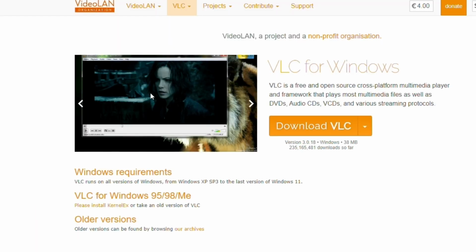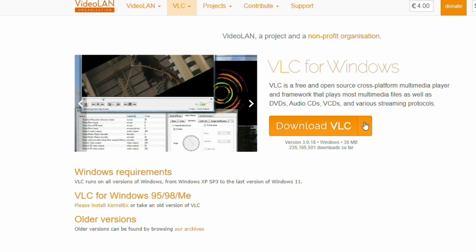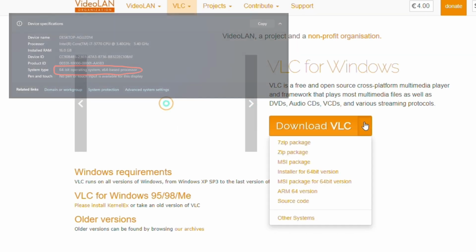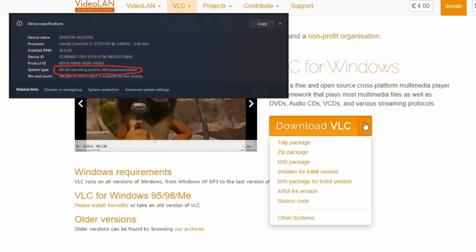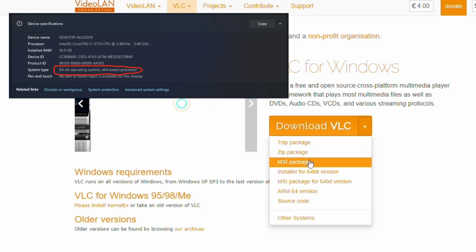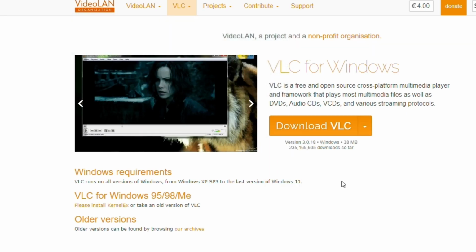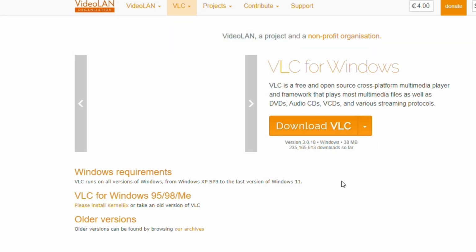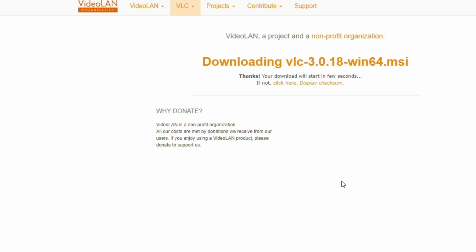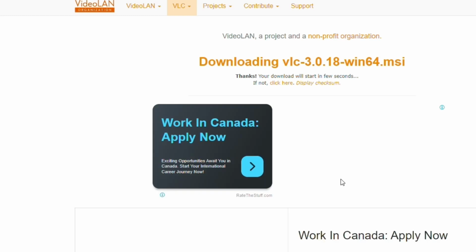On the website's homepage, you should see a download button. Click on Arrow button. Choose the appropriate version of VLC Player for your system, such as 32-bit or 64-bit, based on your computer's specifications. Click VLC Package for 64-bit version. To start the download,